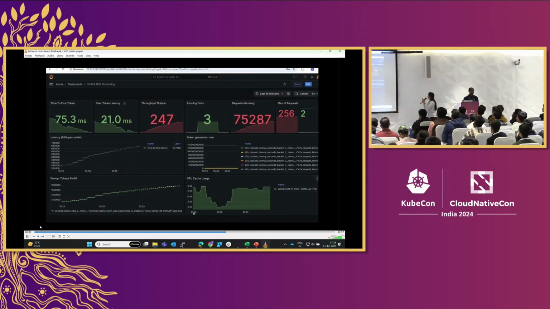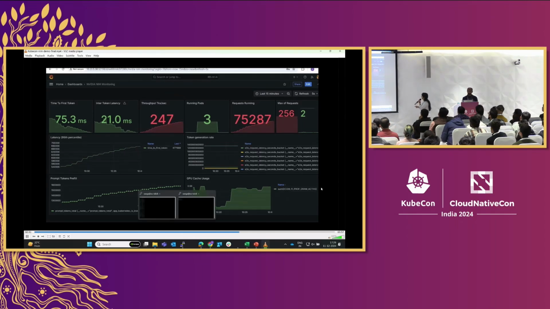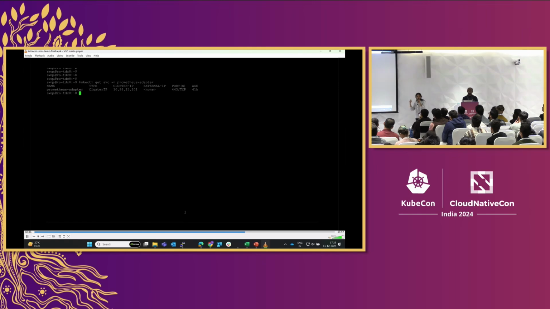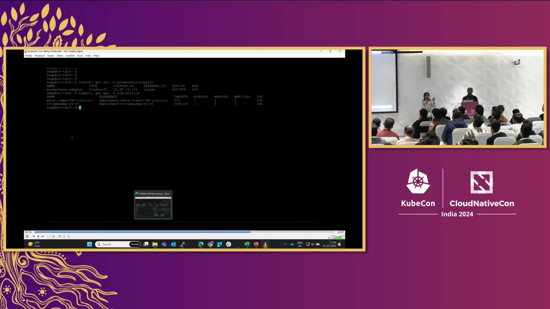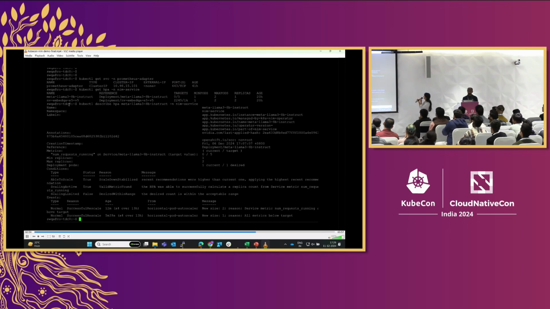Yeah, this we can walk through quickly. This is how the Grafana chart looks like for my sample application. And we'll now try to scale this, okay? We had a single replica, right? The pod, we had a single pod basically that was running Llama. Now we will look at